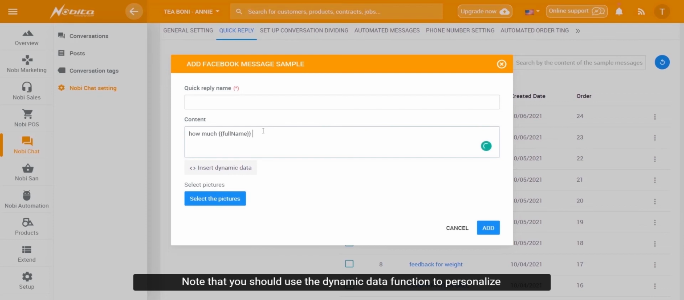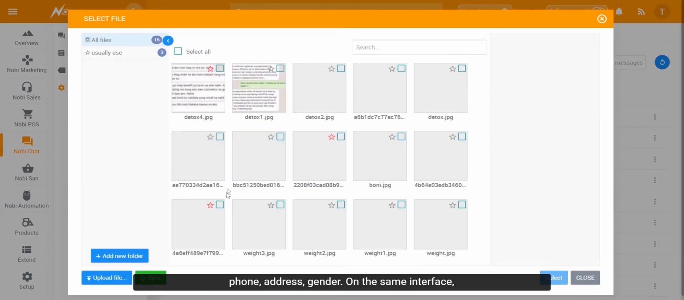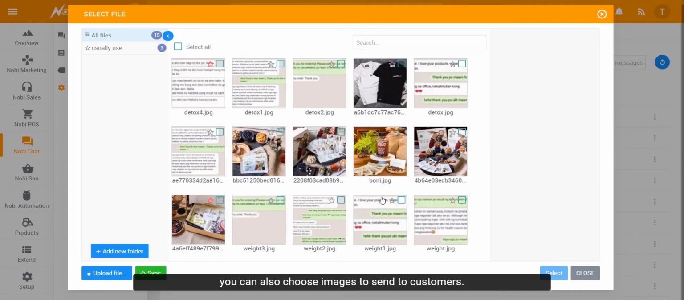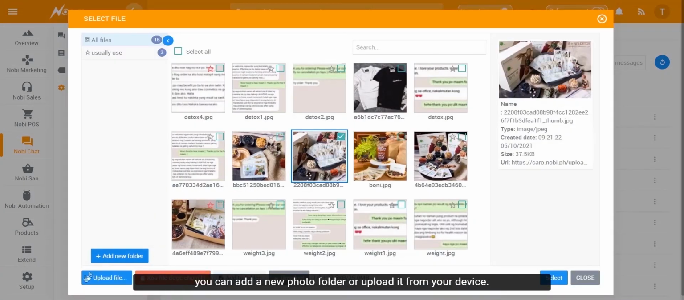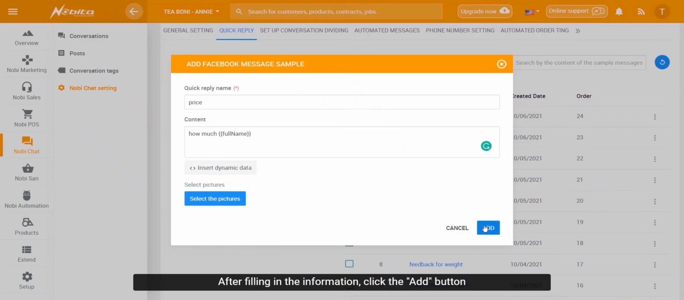Note that you should use the dynamic data function to personalize messages sent to customers. There will be a number of options for you, such as customer full name, phone, address, gender. On the same interface, you can also choose images to send to customers. In the image selection section, you can add a new photo folder or upload it from your device. After filling in the information, click the Add button in the right corner of the display frame to finish that